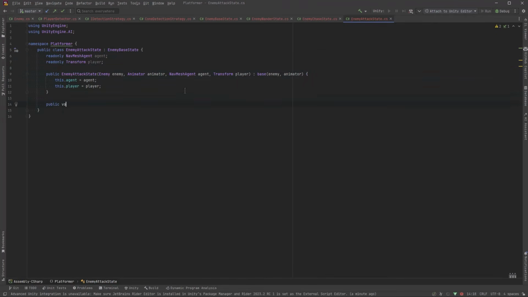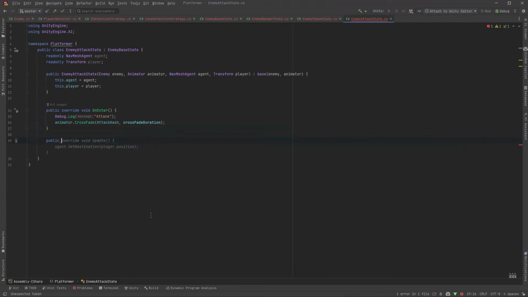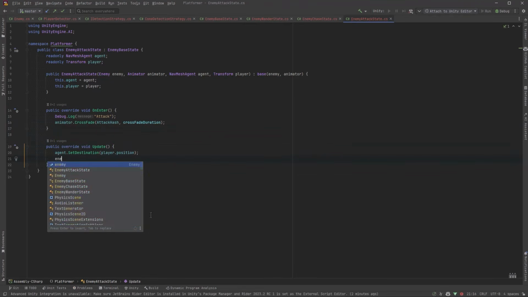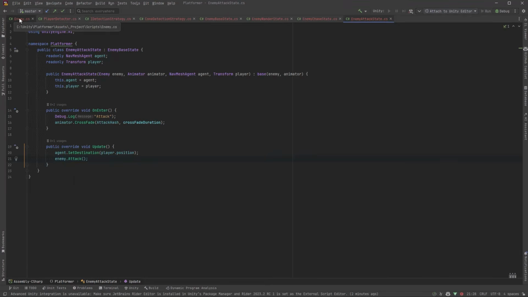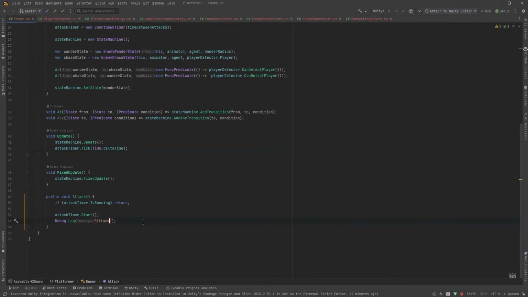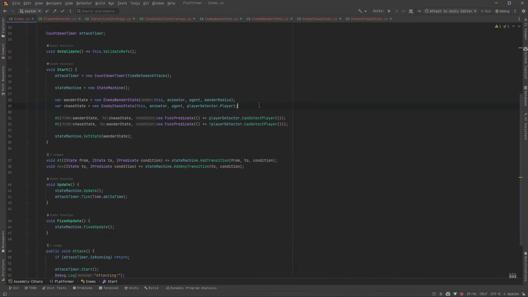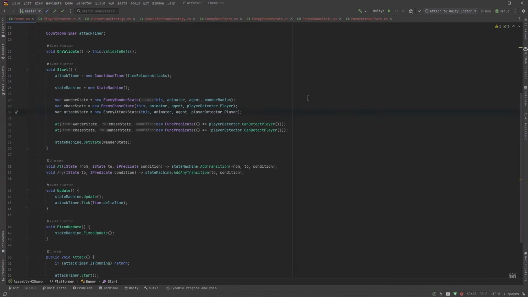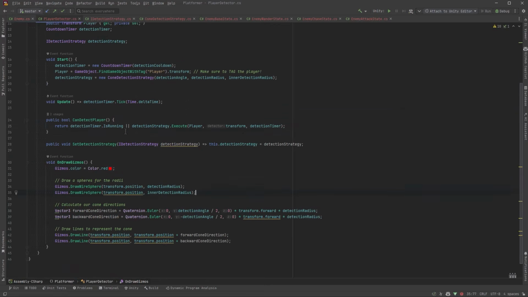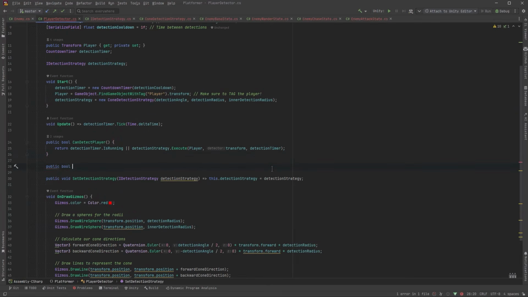When we enter the state, let's debug, let's run our animation with crossfade, and during update, let's continue to move towards the player, but also run that attack method. I'm going to change this one to say attacking because the other one said attack when we go into the state. And now let's declare our attack state,